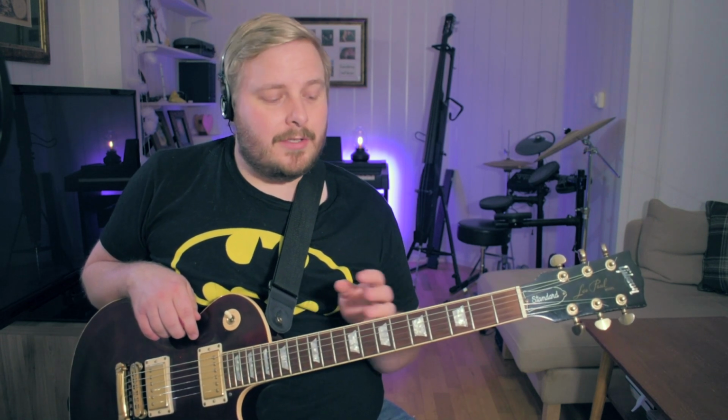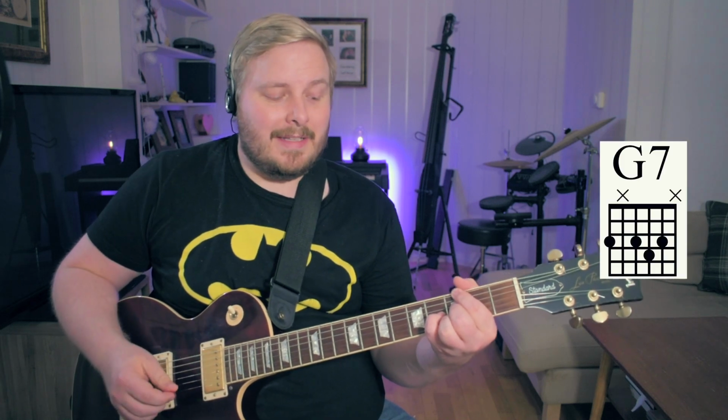So just try to improvise and make up your own lines using these arpeggios. Don't just run them up and down for too long because it gets boring and it's not really musical. So the goal of this exercise is to connect the chord and the arpeggio in your mind. If you do this exercise and practice this, you will start to look at them as one and the same thing. If I see this, I automatically see